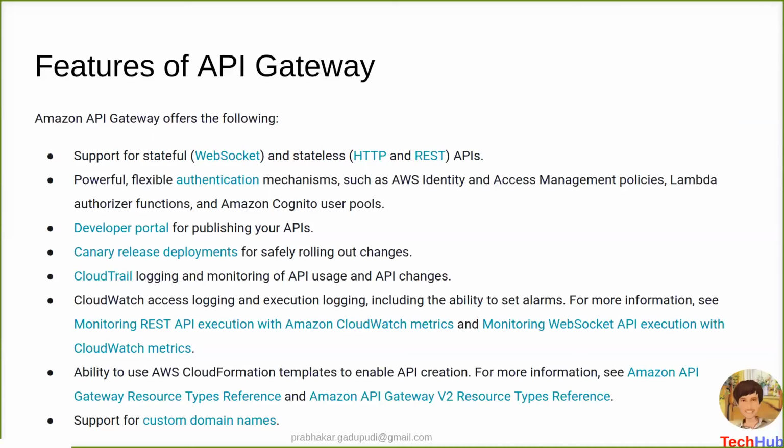And it has the ability to use AWS CloudFormation templates to enable API creation. For this CloudFormation template, we can create either a JSON file or an XML file, so that by using this file, we can specify these APIs as part of the CloudFormation, covering your entire project environment, starting from the creation of the instance and the deployment of the applications, creating the VPC, enabling load balancing, creating the database instances, and creating the API gateways.